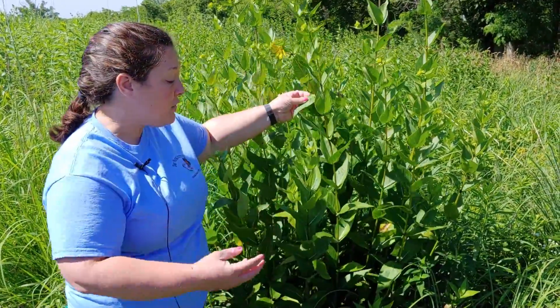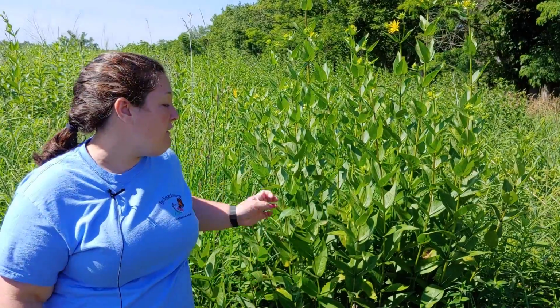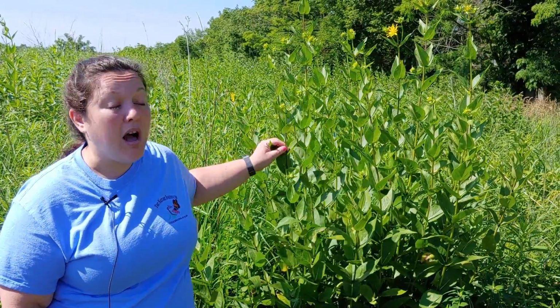And it is. The leaves are very, very rough and thick, and that is the way that the plant is able to hang on to all of its water. Those are the thick leaves, and then those sandpapery leaves keep insects from eating them. So they are very, very well adapted to a prairie type habitat, and one of the more common plants here